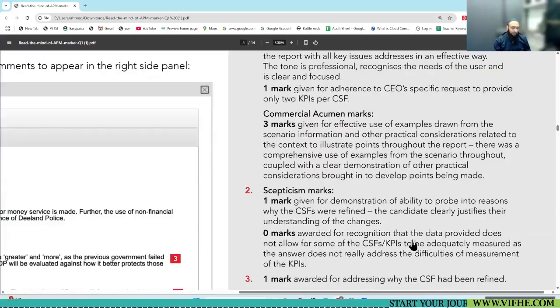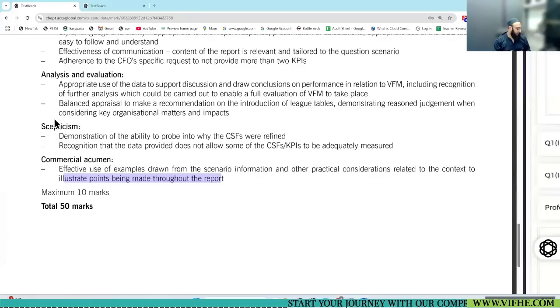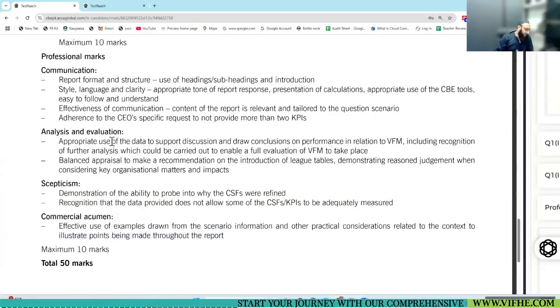Now what is left? Only this one: appropriate use of data. In which requirement were you required to use the data? Second part, where you were calculating VFM measures and drawing conclusions on performance in relation to VFM, including recognition of further analysis which could be carried out to enable full evaluation of VFM to take place.